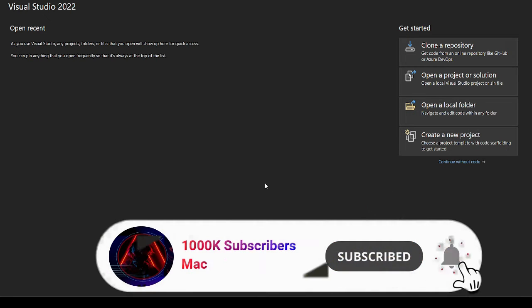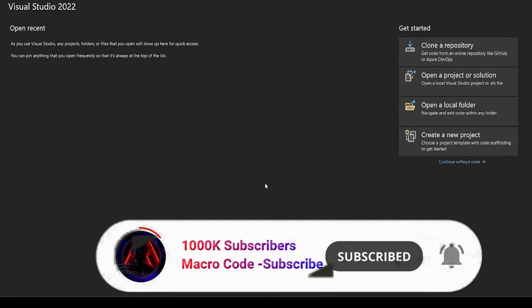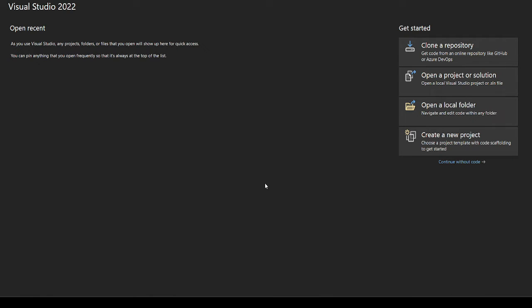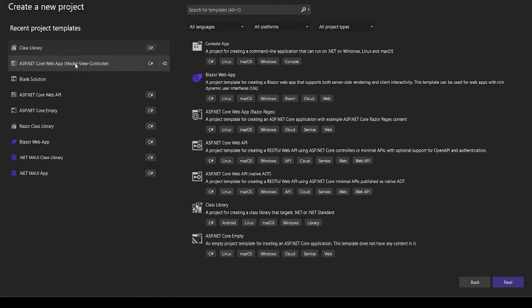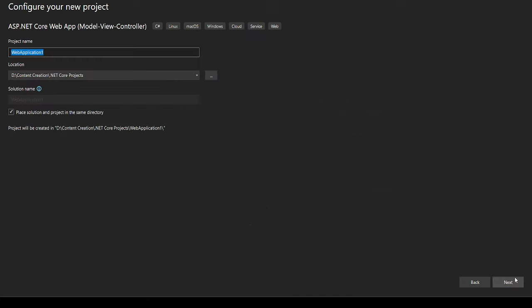So today we are going to learn how to deploy and host an ASP.NET Core application on Windows, IIS, or server. I'm going to demonstrate this using my machine. To start with, we are going to create a simple project, an ASP MVC project. So ASP.NET Core Web App MVC. Then I'm going to call this sample